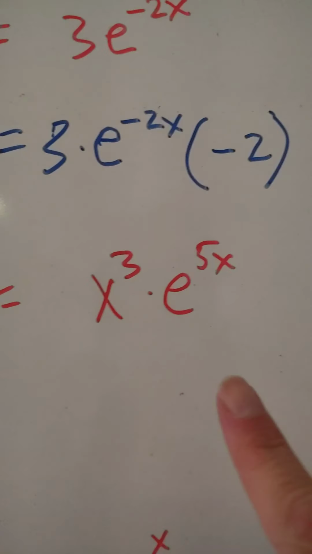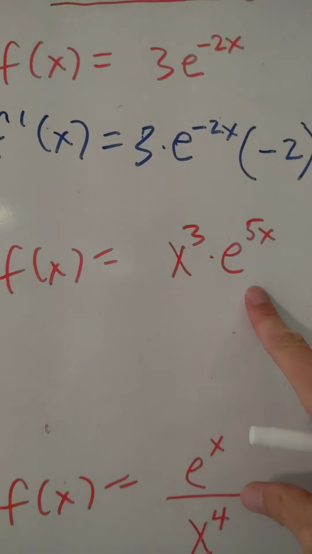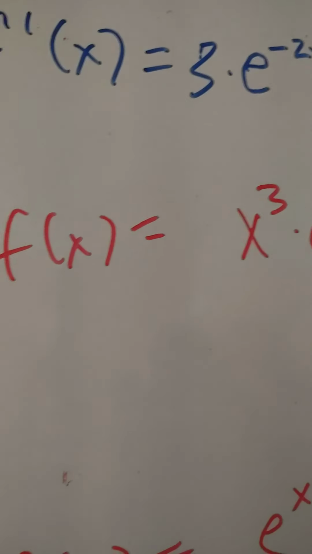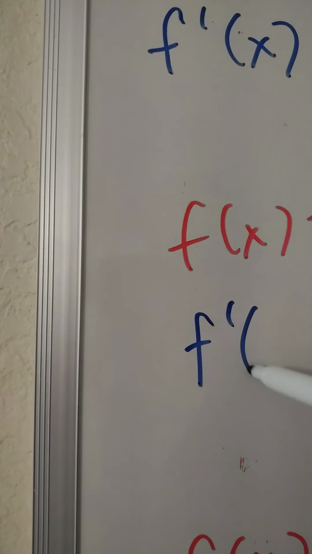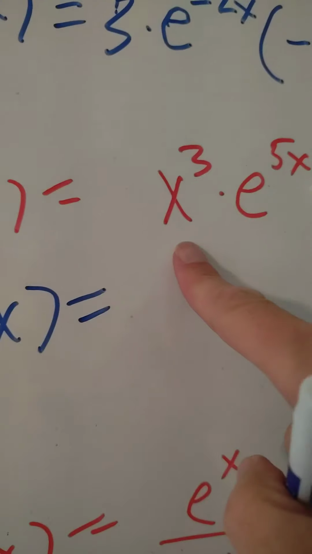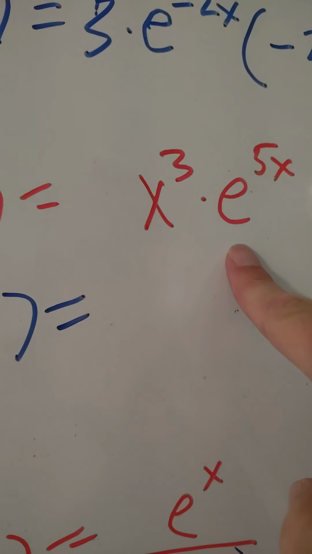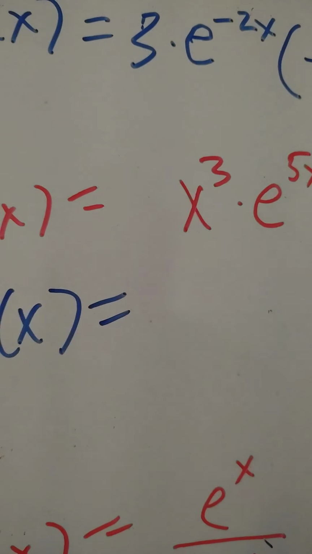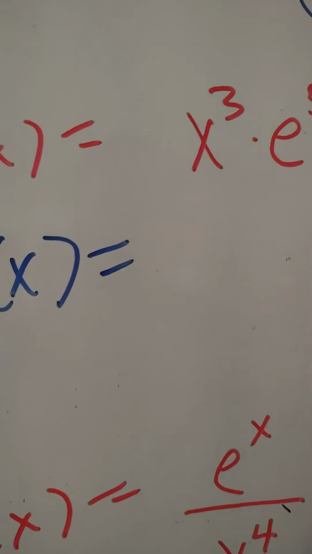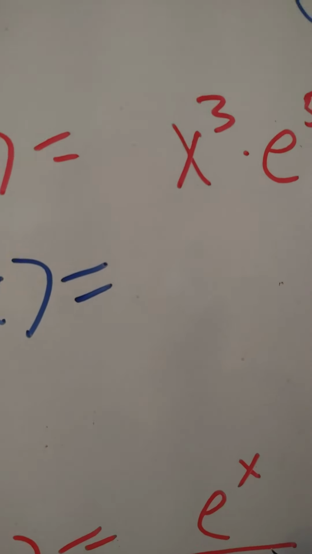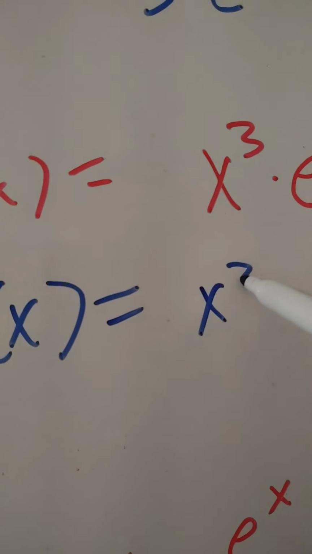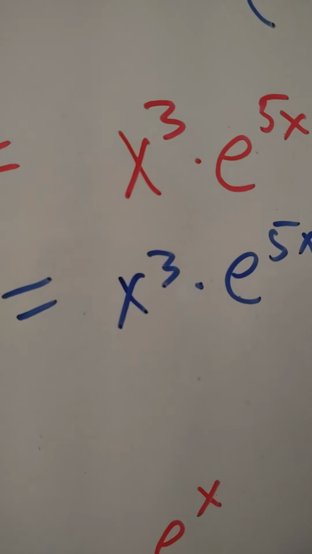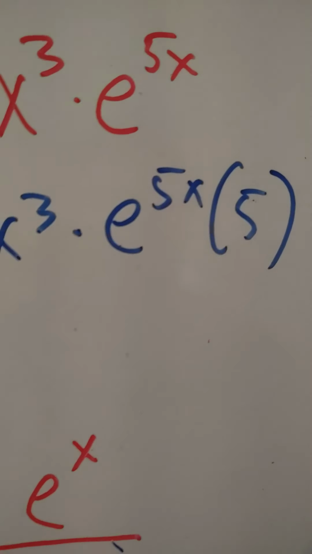Here's our second problem. I see a product, so to find the derivative, f prime of x, I'm going to use the product rule. So the way I do the product rule is I go the first times the derivative of the second plus the second times the derivative of the first. And there's like 8 variations to this product rule. So you can do it slightly differently as long as you get the same answer. Okay, so here I go. The first times the derivative of e to the 5x is e to the 5x times the derivative of the power, which is 5,